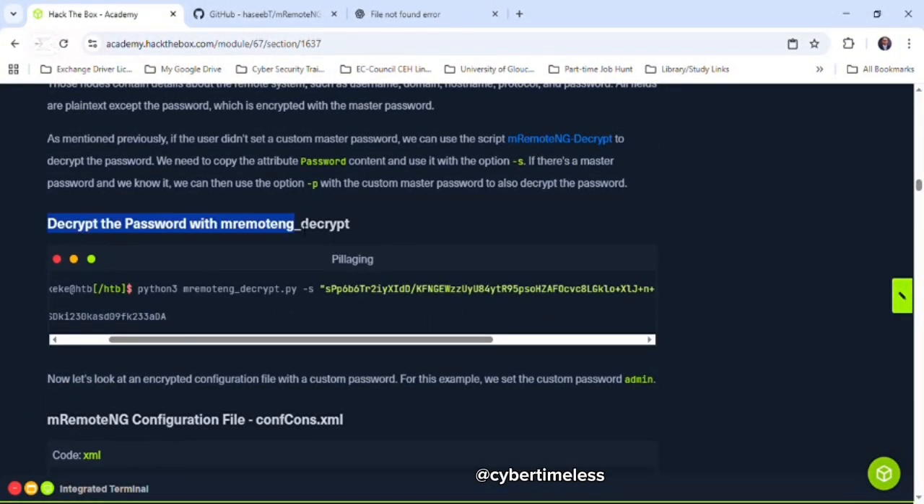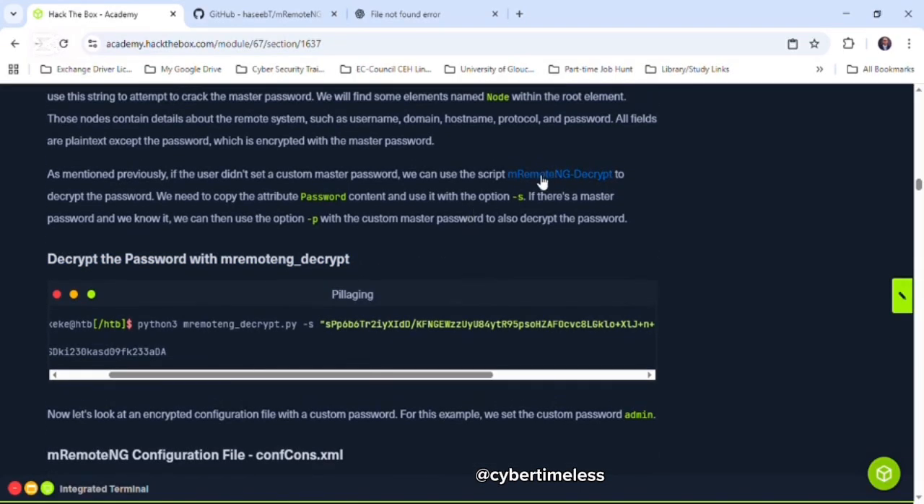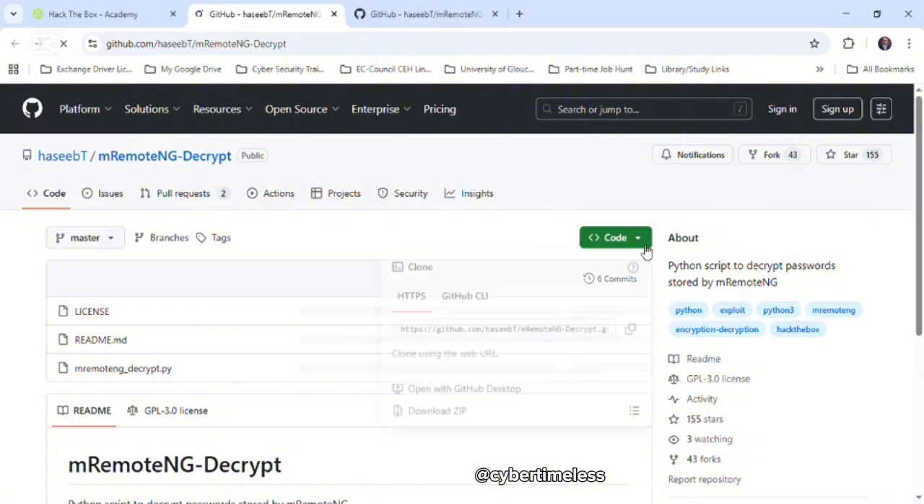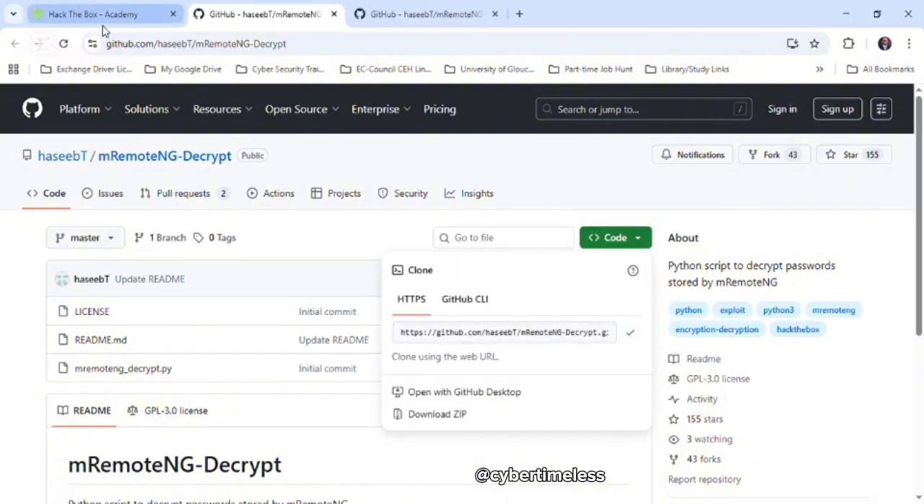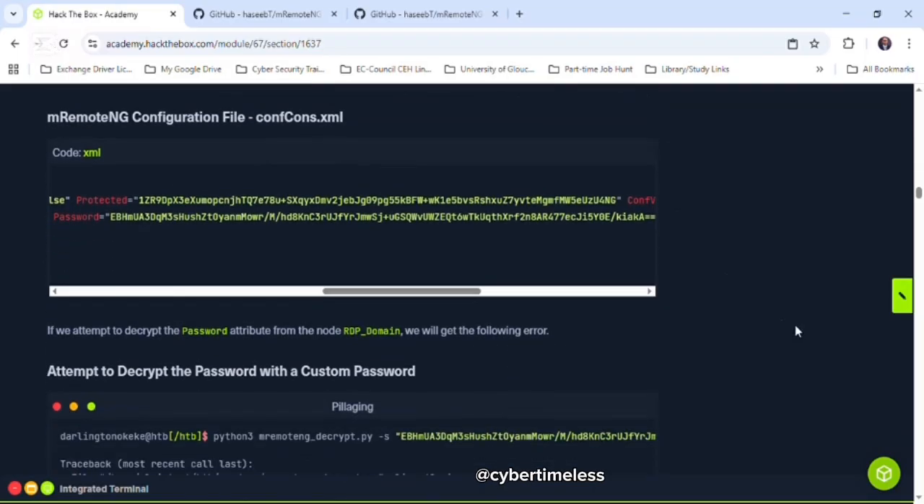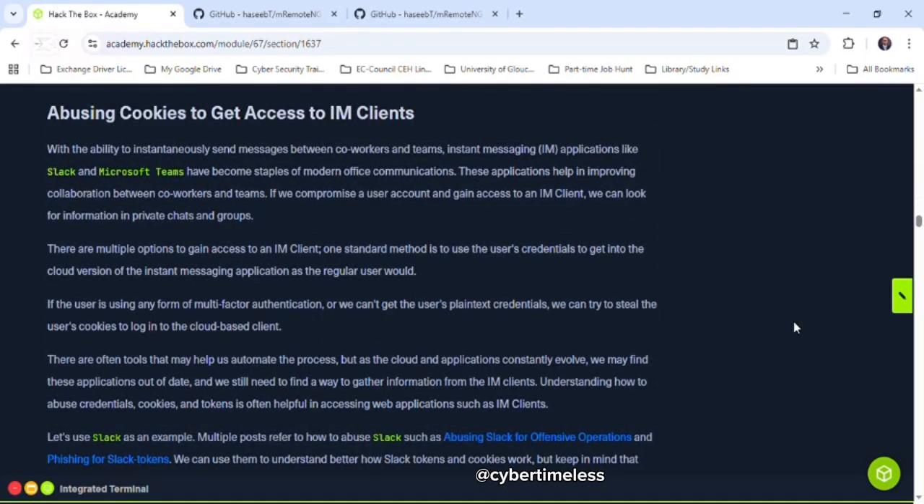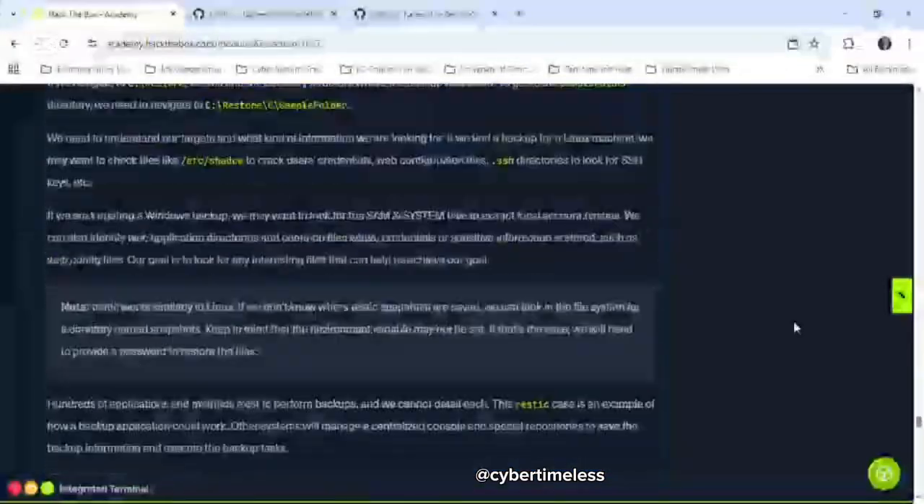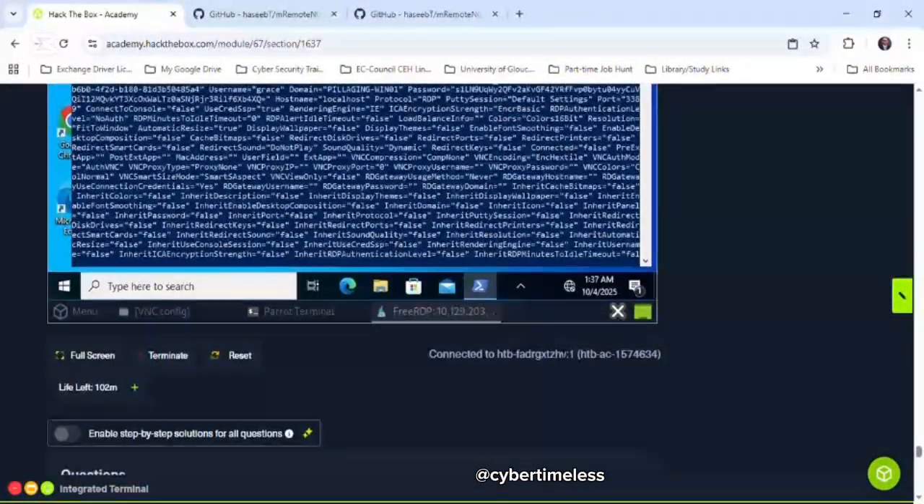But today on this video we're going to use a tool called mremote ng decrypt to decrypt the hash. So we're going to decrypt the hash from the configuration file using this tool on GitHub. So what we're going to do, we're going to do the git clone on this tool. So we're going to copy it, then we're going to go back to our system, and we're going to git clone the file. We're going to git clone the source code from GitHub, and we're going to send it over to the